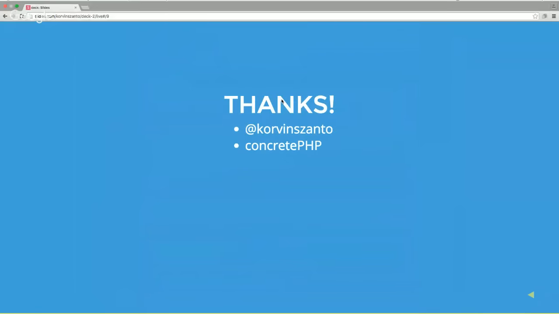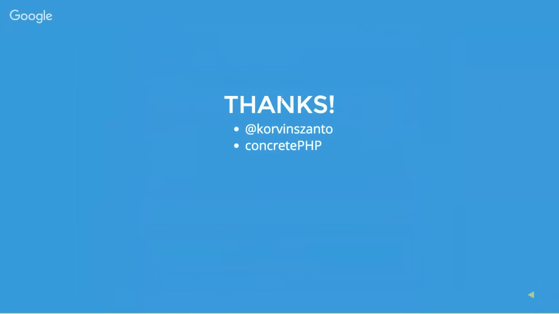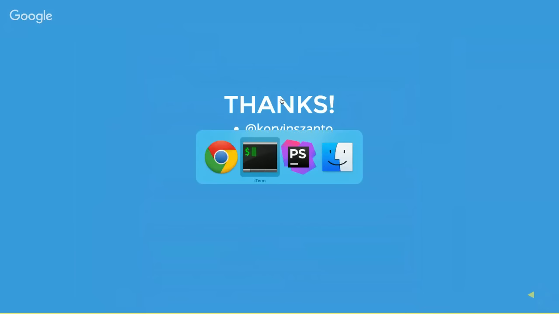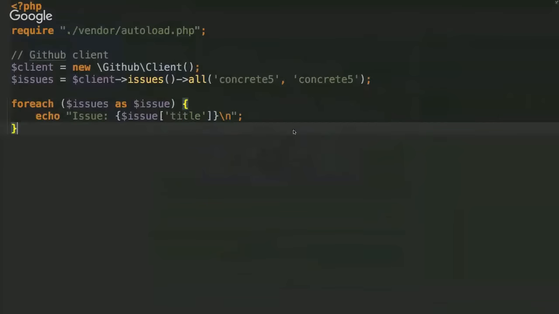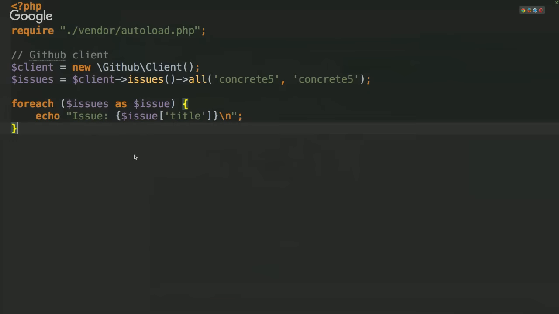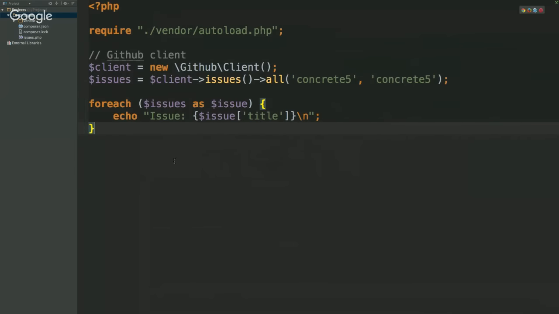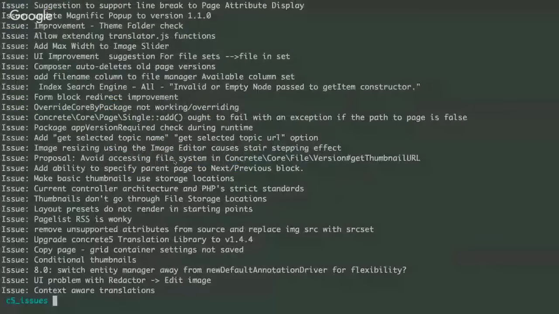So that's all I have in this talk. I wanted to take this time to set up a quick example of all of the things that we kind of went over. So I'm going to take this project here and sort of break it out into its own thing, into its own composer package. So first thing,